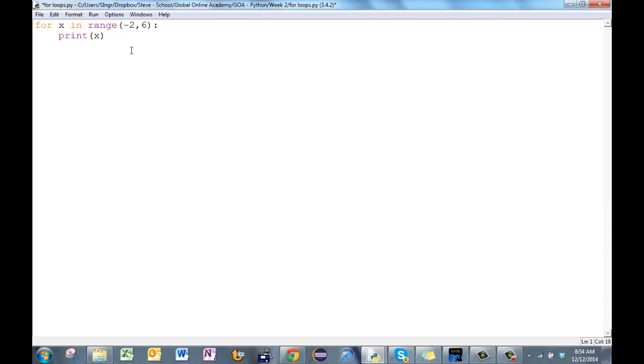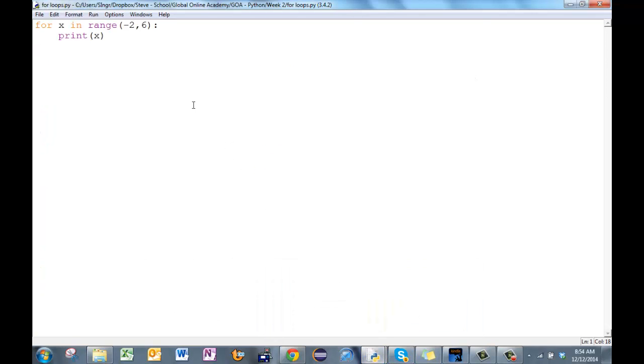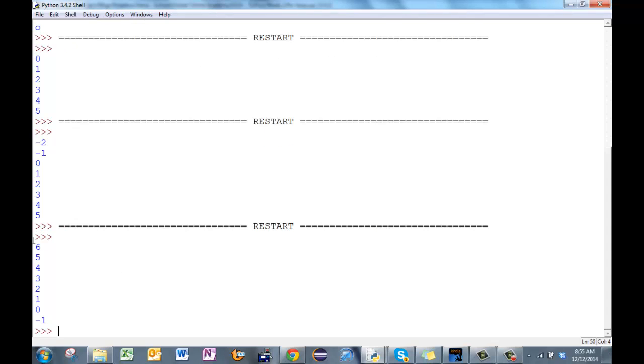Let's go from -2 to 6. Save it, run it. Starts exactly where I tell it, and it stops right before it gets to the end. And let's do one with a negative step value. So let's start at 6, go down to -2, and we'll do that by going down by -1 each time. So I'll save that and run it. Starts exactly where I tell it at 6, goes down to, but not including, -2, and this time we're